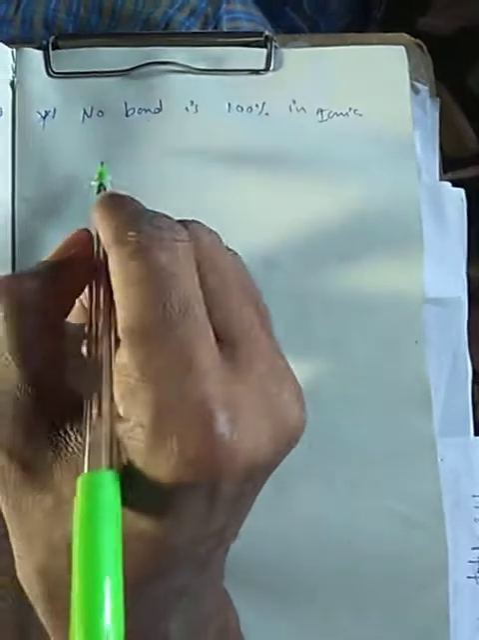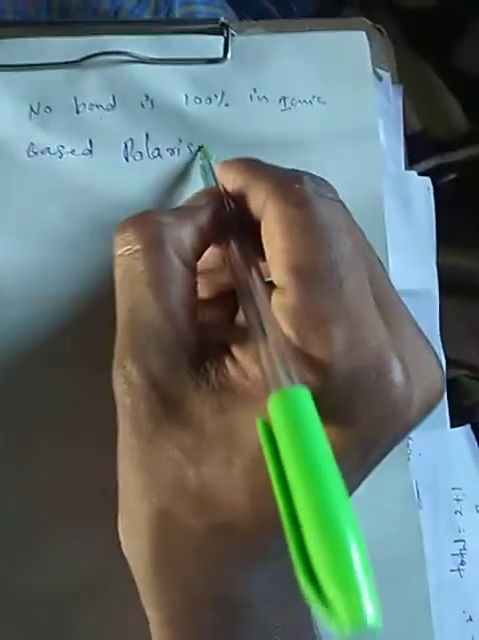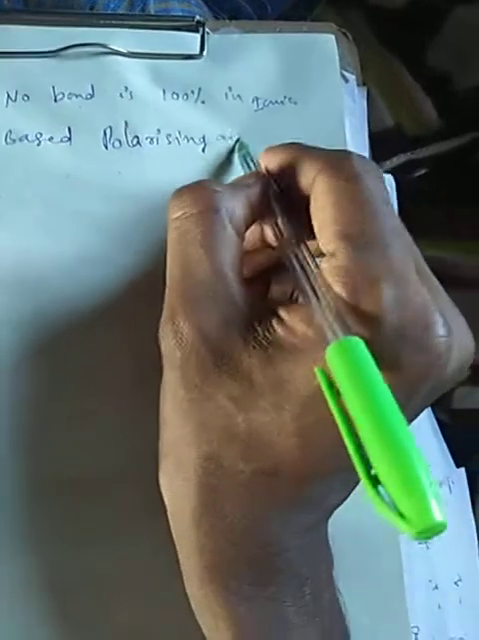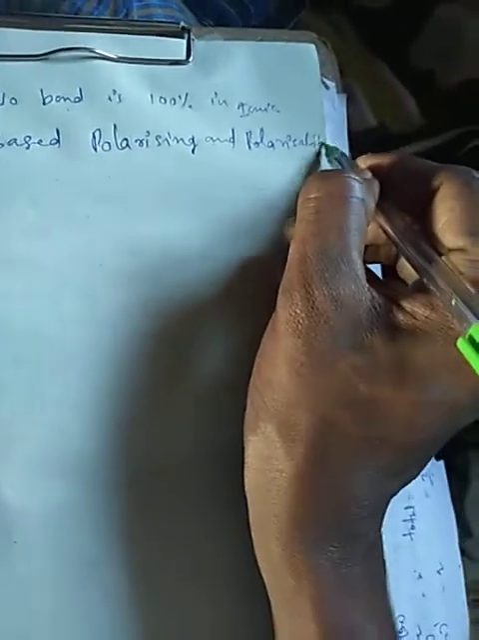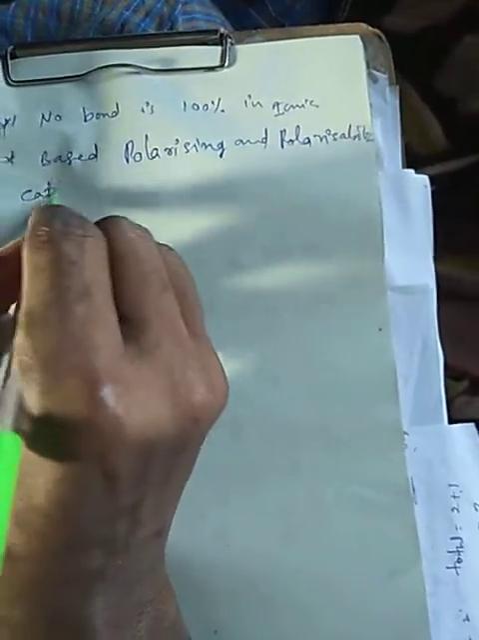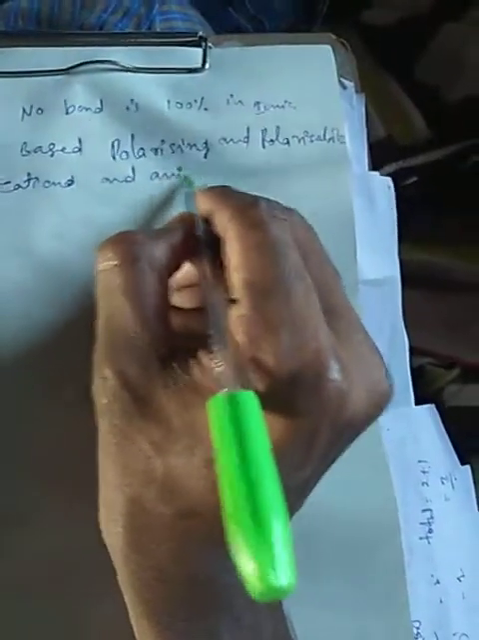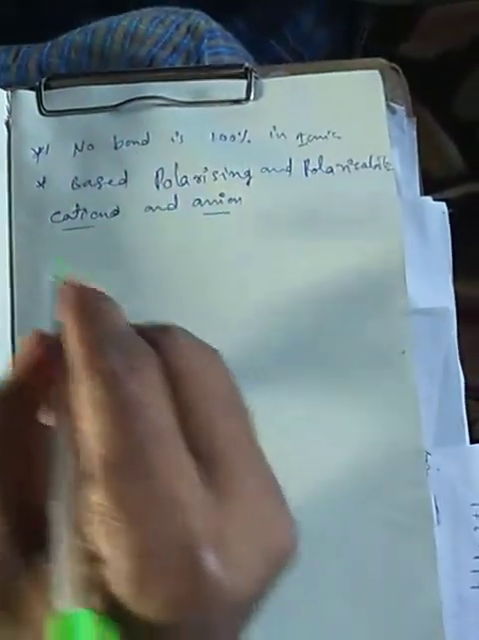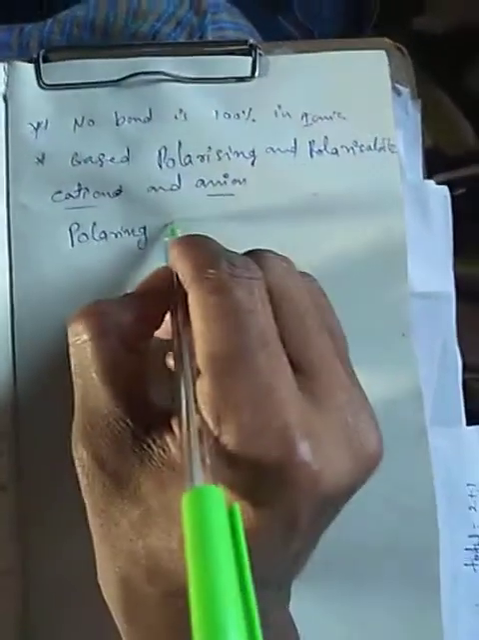This was explained based on polarizability, based on the polarizing power and polarizability of the cation and anion. Now, polarizing power